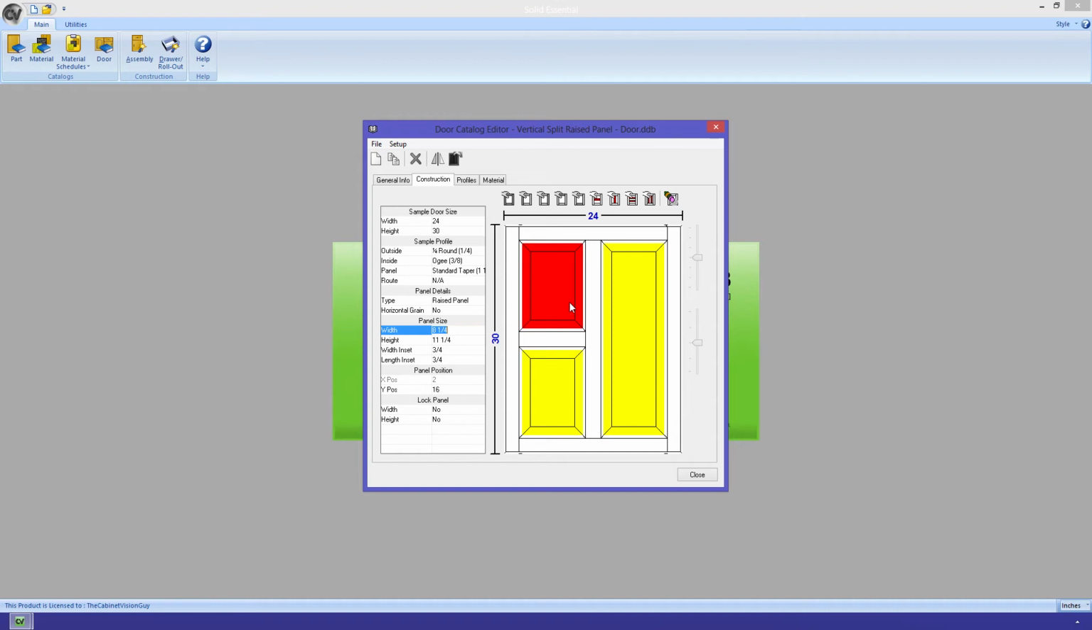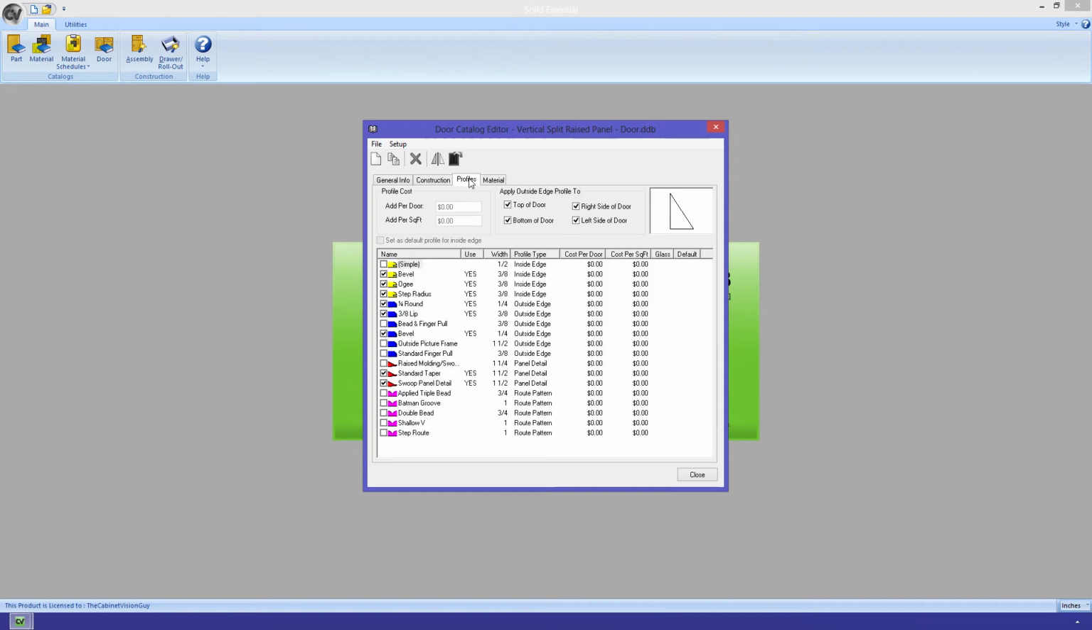Finally, we can lock the width and height of the panel, in case we want to have a panel that stays the same size and the neighboring panel should grow as the door size grows. We can also select the stiles and rails to change certain properties about them as well. If we move on to the Profiles tab, you'll see that it allows us to select the profiles that this